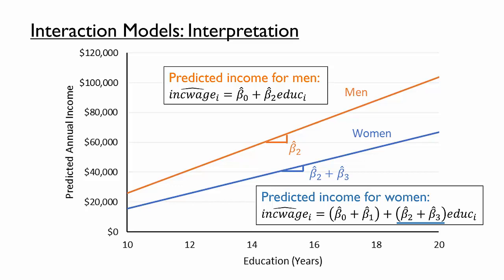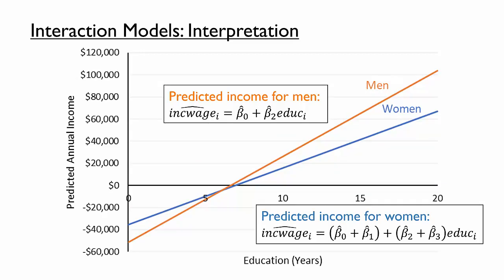We could also note that the beta 3 hat is the quantity that we added on to the slope for men to obtain the slope for women. In other words, beta 3 hat is the difference in slopes between women and men. Now that we've looked at the slopes of the prediction lines, let's also take a look at the intercepts. To better see the intercepts on the graph, we'll extend the horizontal axis of the graph to include 0 years